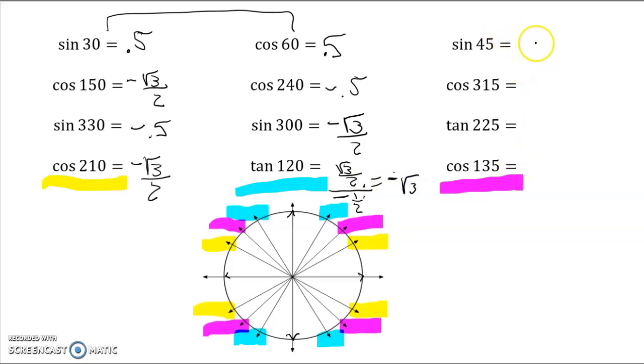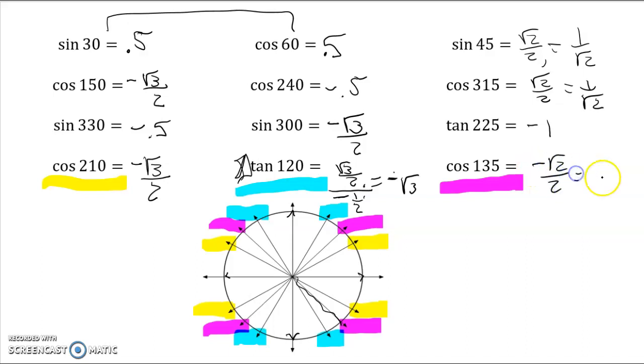Over here at the purple ones, oh, these are easy because for sine and cosine, they're always root 2 over 2, or 1 over root 2. So root 2 over 2, which is the same as 1 over root 2. Cosine of 315, you're in this quadrant. X is positive there, so you're root 2 over 2, which is the same as 1 over root 2. Tangent of 225, oh, it's slope. I don't have to worry about this thing. This is a little trickier. We'll talk about ways to memorize that, but you know your slope is either 1 or negative 1 there, and it's definitely negative 1. Cosine of 135, the cosine is negative in that quadrant, so it's negative root 2 over 2, which is the same as negative 1